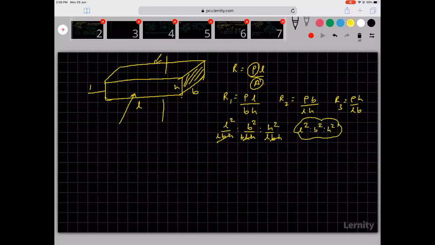Resistivity of the material is a property of the material. It is a constant for a given material. Resistivity will be constant. It doesn't change. On the other hand, the resistance of a conductor depends upon its geometry. Now, if you look at the 3 dimensions, because it's a cuboid, the geometry is changing. Because the geometry is changing, its resistance will be changing. So that's how you go ahead with it.